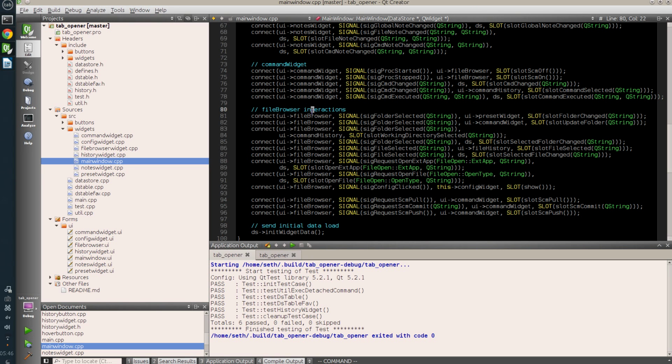Now I will create a set of follow-up videos to this one, in which I will explain the technical details of Tab Opener. And if you are interested in this application and would like to contribute to it, see the source code, or are just generally interested in how other people work with queued C++ code, then please tune into